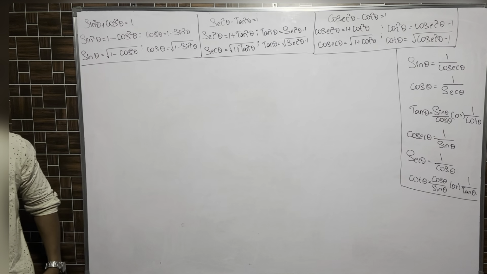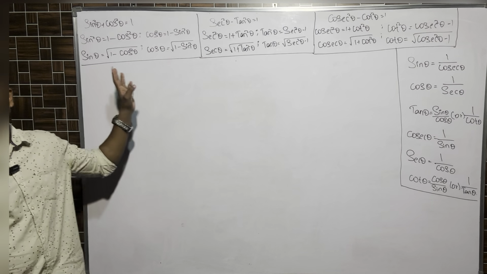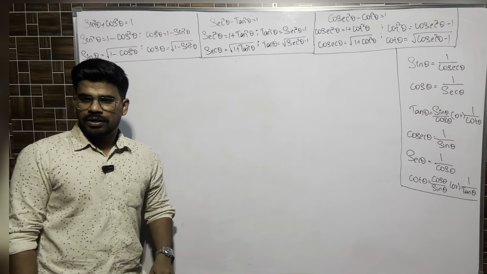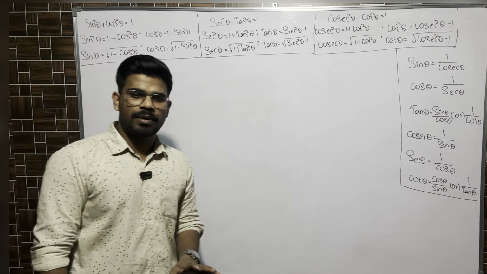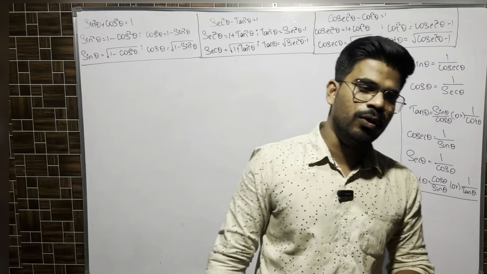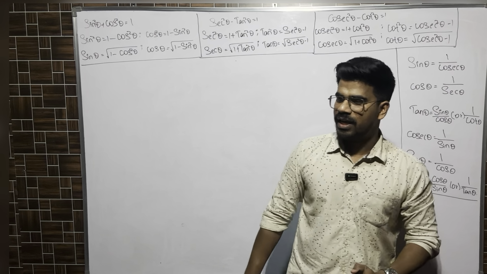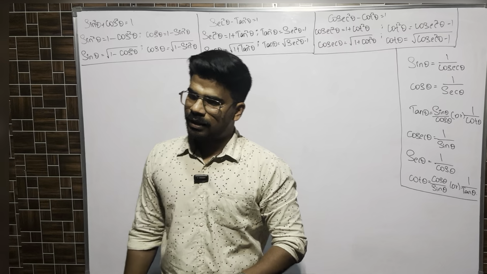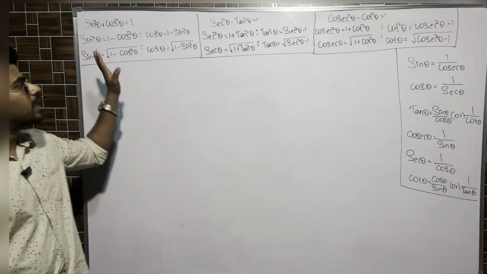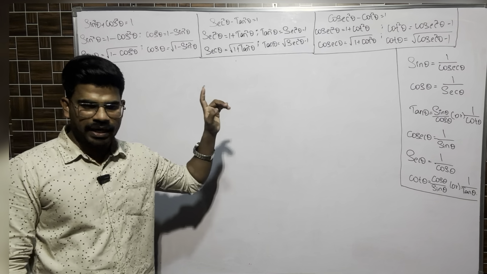So before starting into the problems, we have to check certain formulas. One simple thing about trigonometry is that you will feel it is difficult only when you are not aware of the formulas. You should know certain formulas before starting every exercise. So for long answer type questions, you should know a couple of formulas. Majorly 3 identities are there.